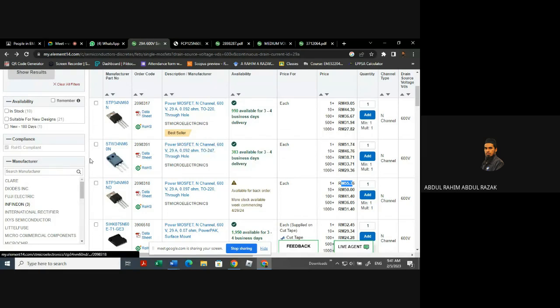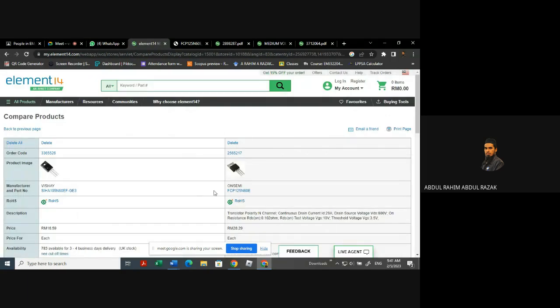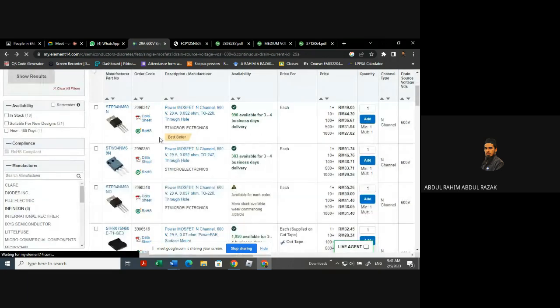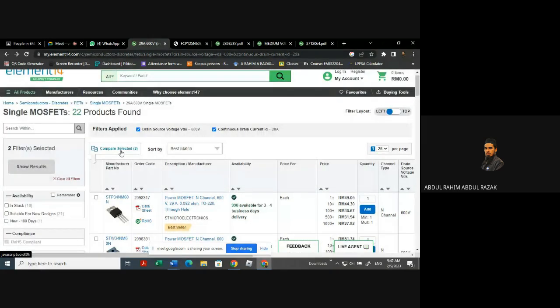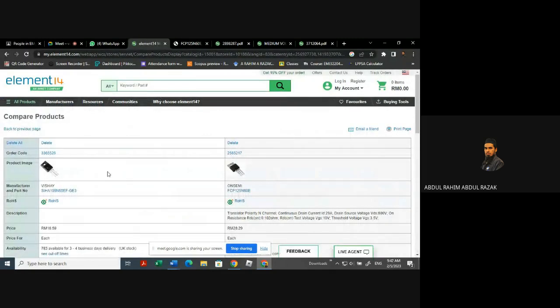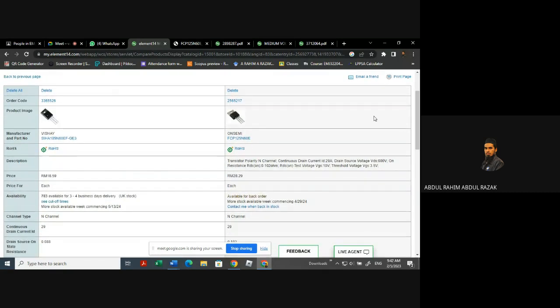But for the time being, we just compare between two different manufacturers, which is, so just now we compare between Vishay and onsemi. So this one, you click Vishay and onsemi. We have here same 600 volt, 600 volt, 29 ampere, 29 ampere, but different manufacturer, onsemi and Vishay. So we click these 2 points. So we click at compare. So it comes out with this compare product page. So it shows here in terms of their